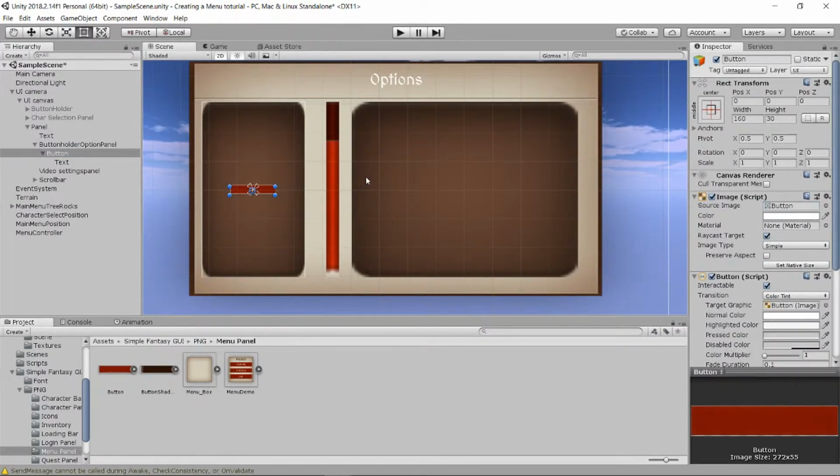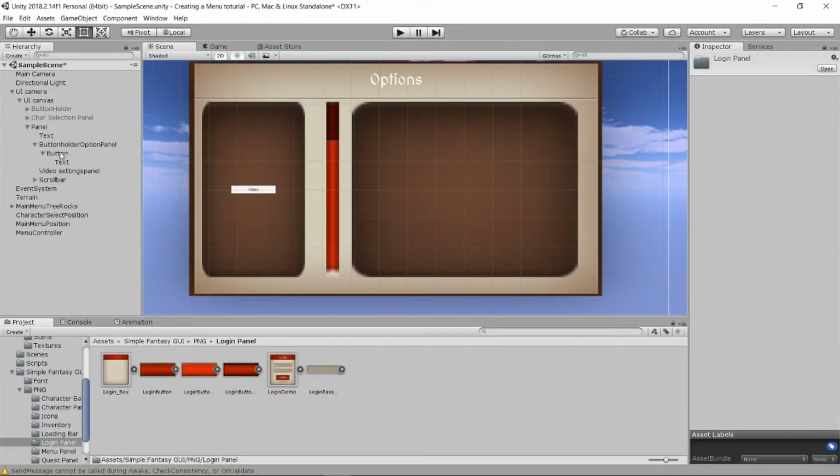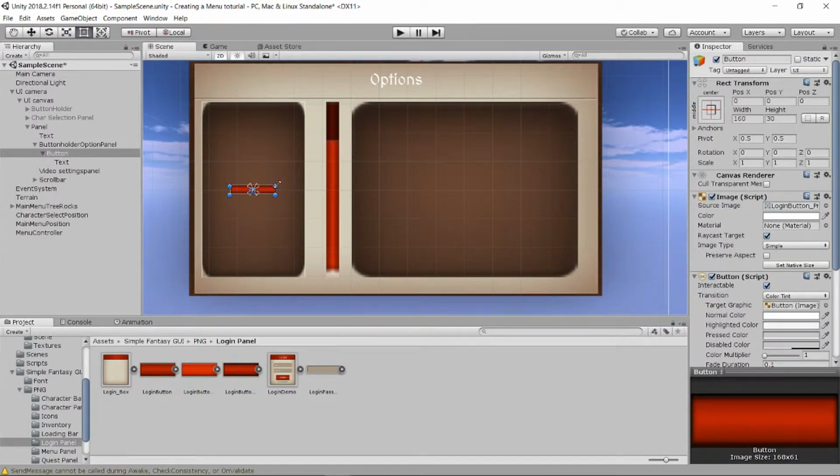Oh, not this one, sorry. Go into PNG and loading and take the loading panel for loading button like this. I'm gonna scale it up like this, out, this,